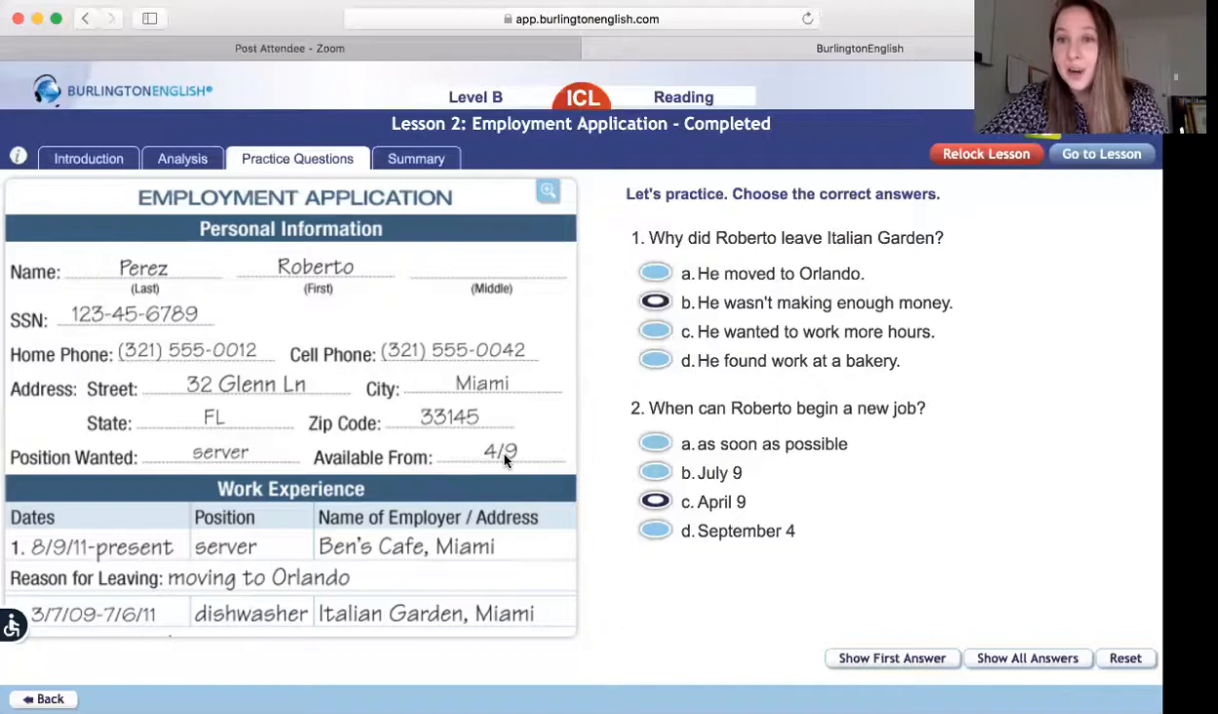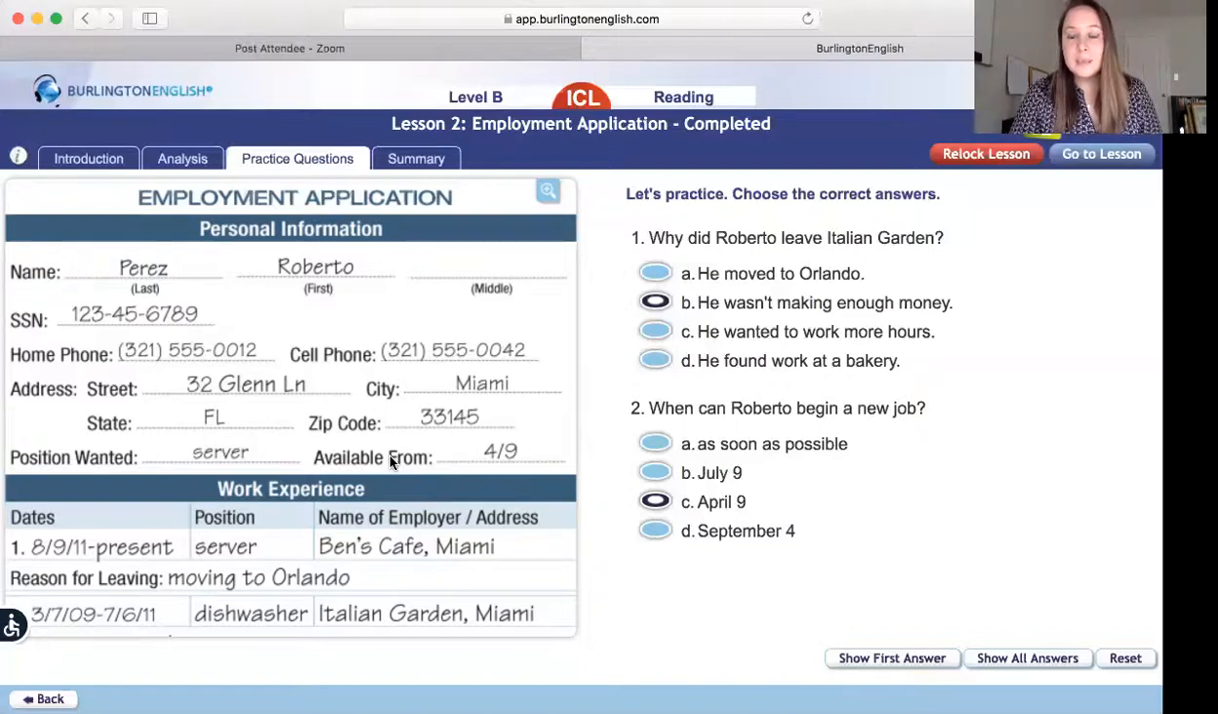Okay. I know in other countries, and maybe your home country is like this, it goes day, month, year. But in America, we start with the month and then go to the day. So that is something to keep in mind. So we have April 9th as the first day that they are able to begin. Okay, so